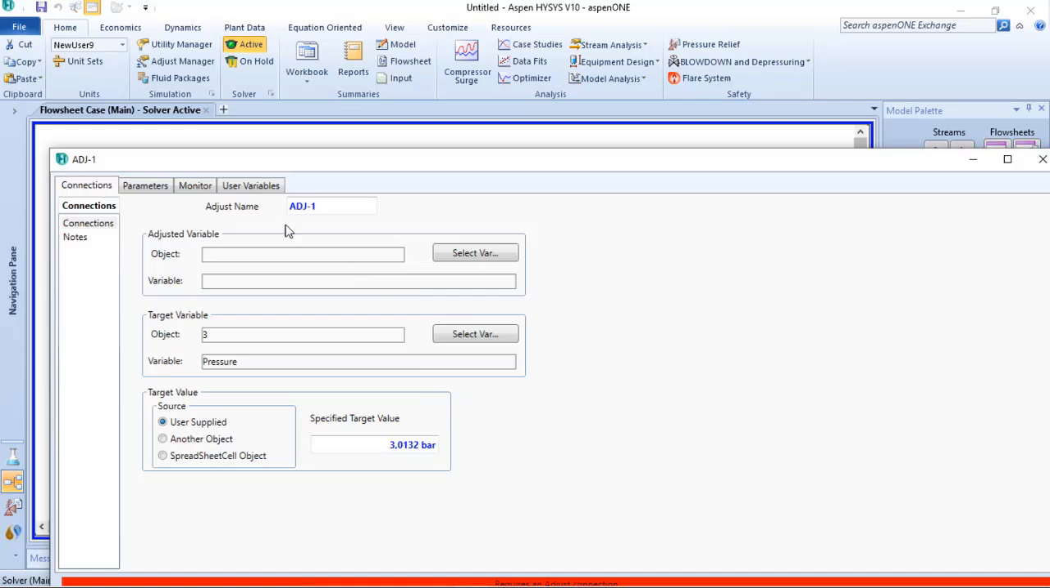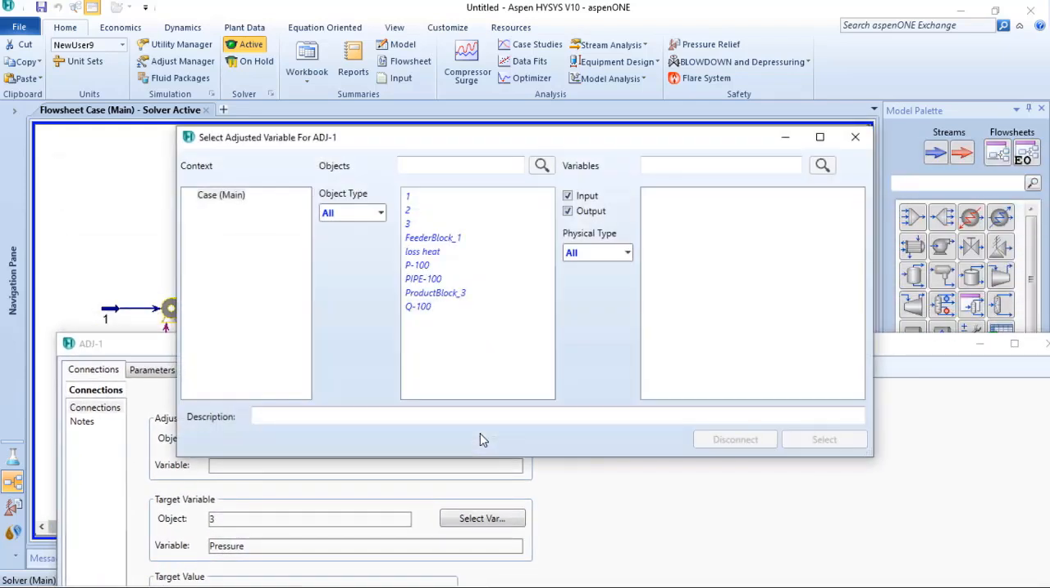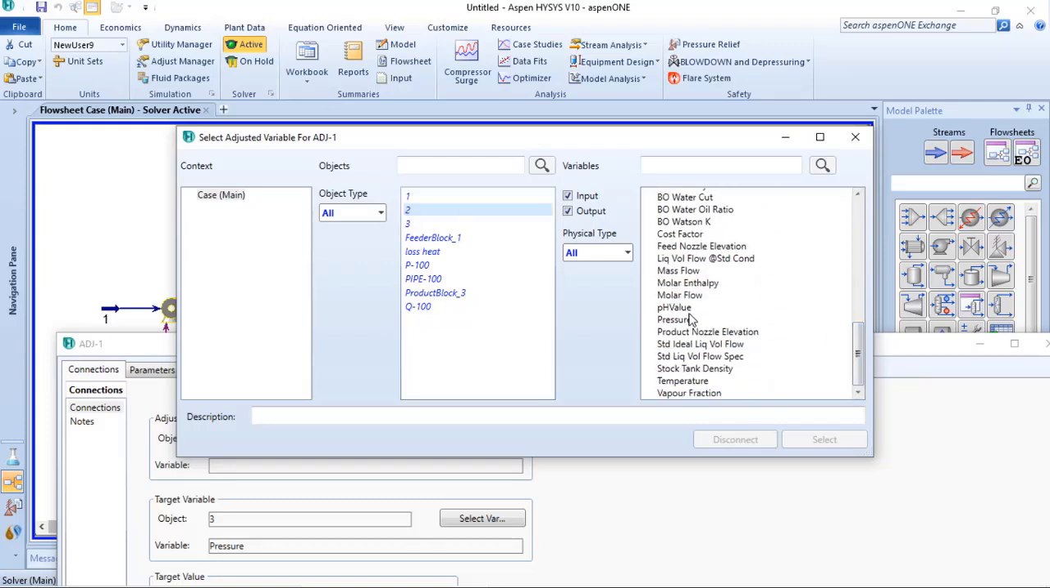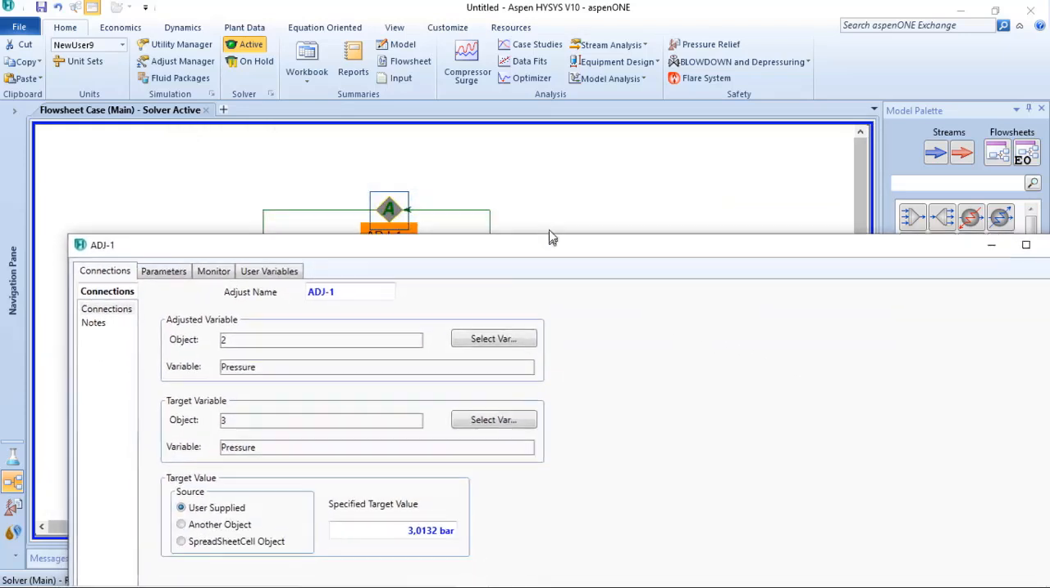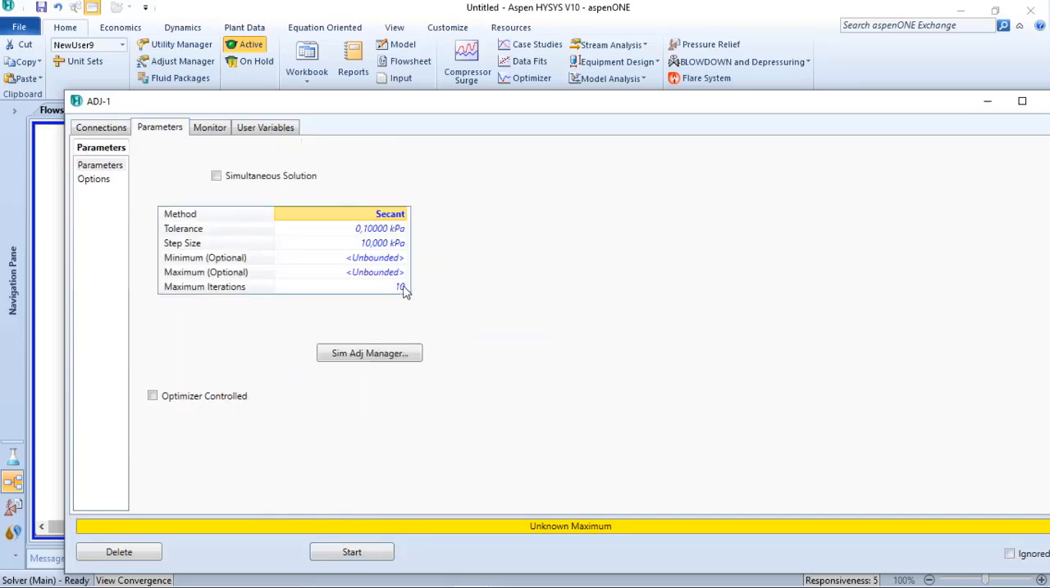And my adjusted variable will be the stream 2. Choose stream 2, and it will be pressure also, but can be different variables depending on the process. And what I need to do is click on start to start the iteration, but before doing that, I will